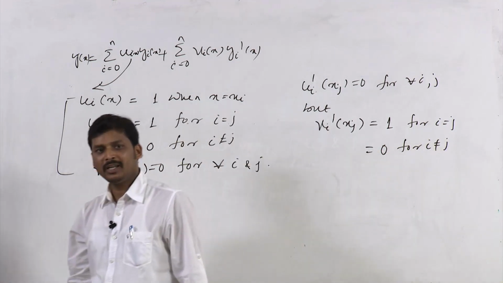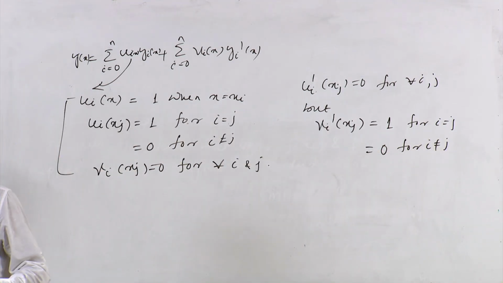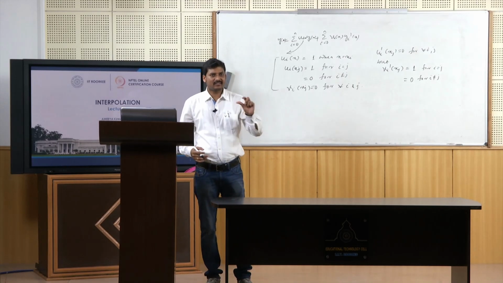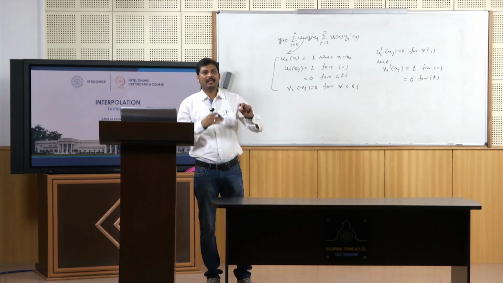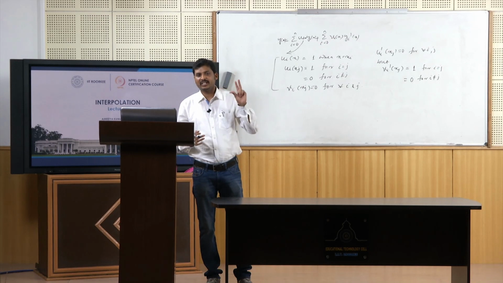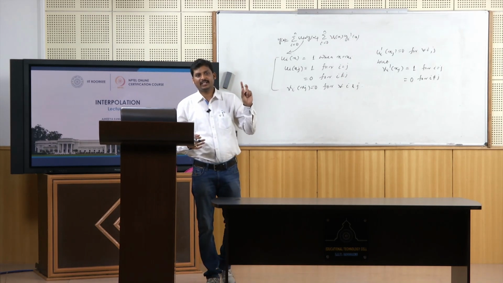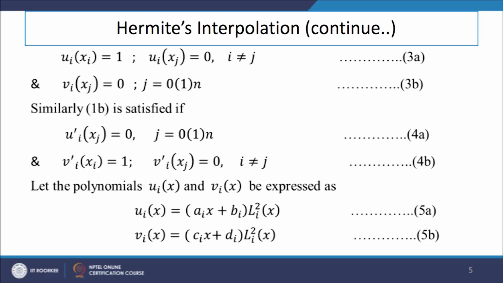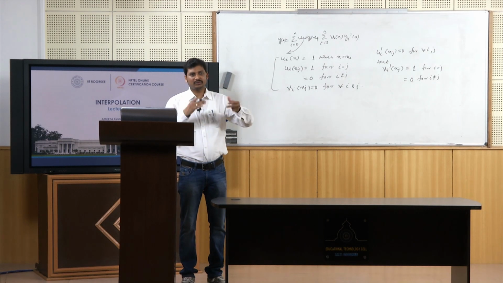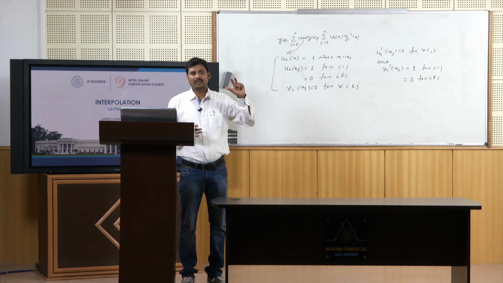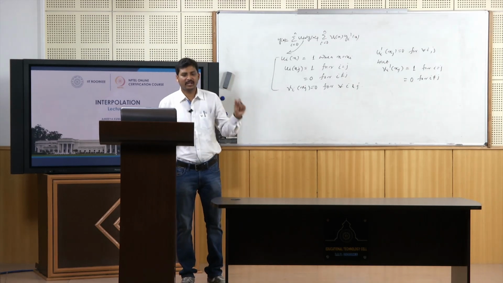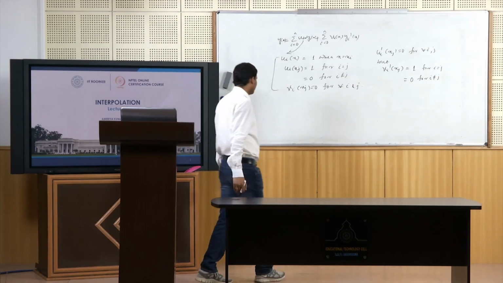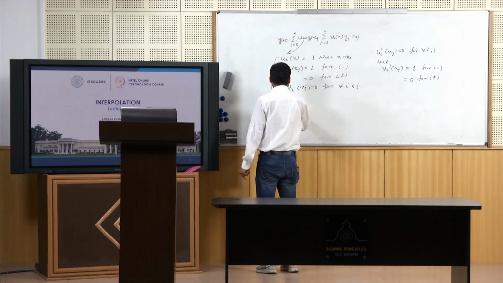Then we can combine this Hermite interpolating polynomial in a 2n plus 1 degree sense, which generates a polynomial represented as the Hermite interpolating polynomial here. So, if it represents a polynomial of degree 2n plus 1, then to associate this with the Lagrangian interpolating polynomial of degree n, we can represent the polynomials u_i(x)